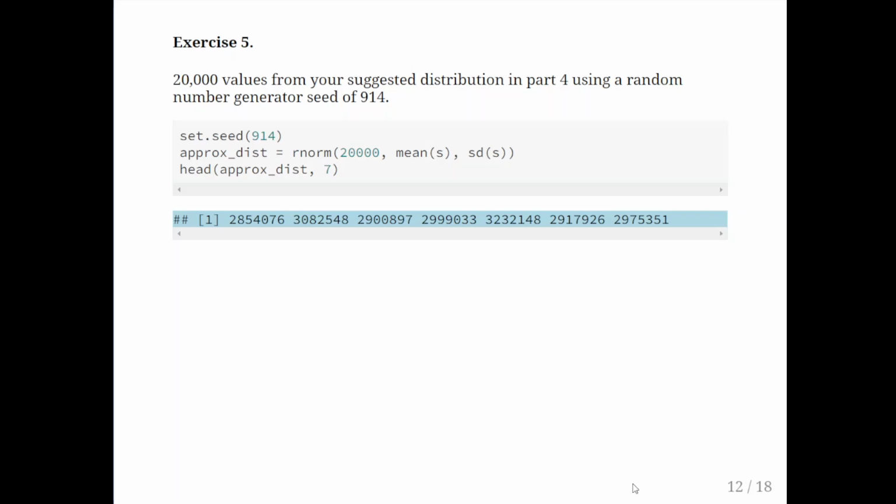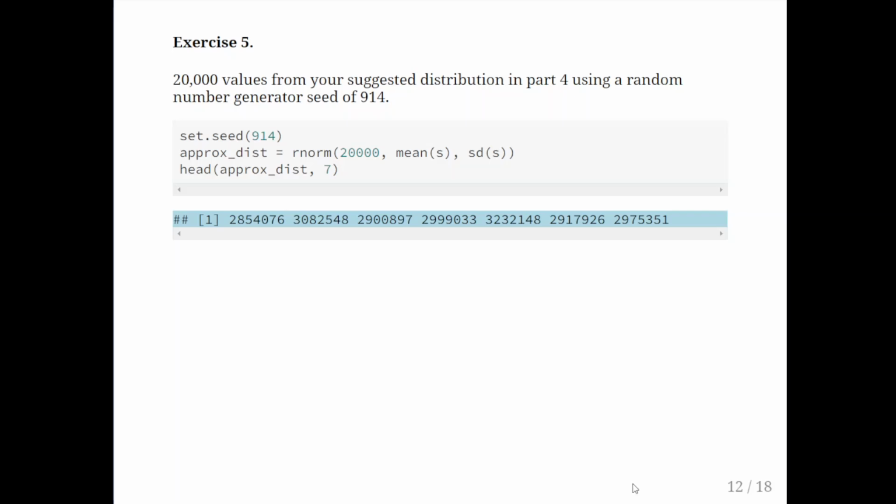Okay, so our rnorm of 20,000 with mean of S and SD of S, the standard deviation of S. So essentially this simulates 20,000 values according to the normal distribution, and those are the first 7 values there. Okay, 2,854,076 all the way down to 2,975,351. This looks like it has the same distribution as the simulated data set where we combine the Poisson